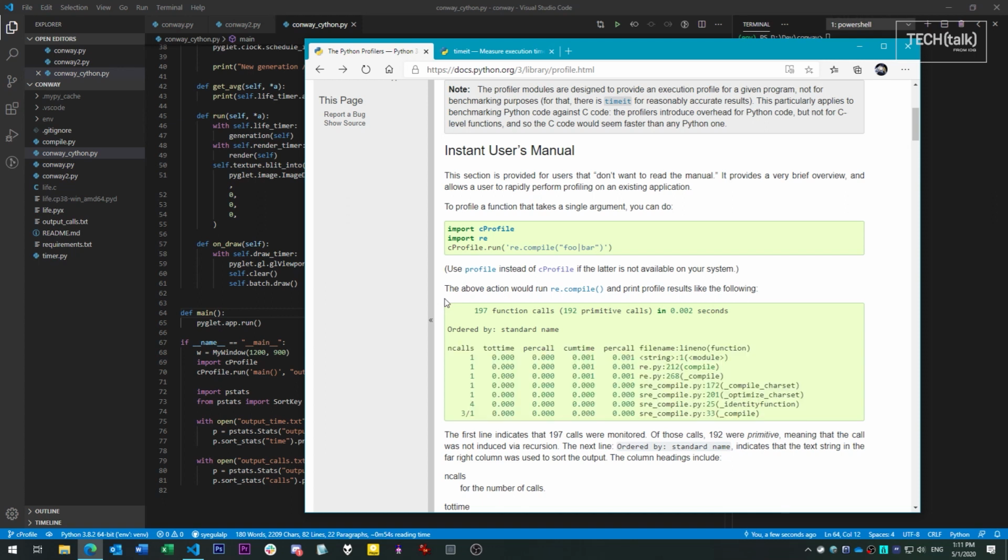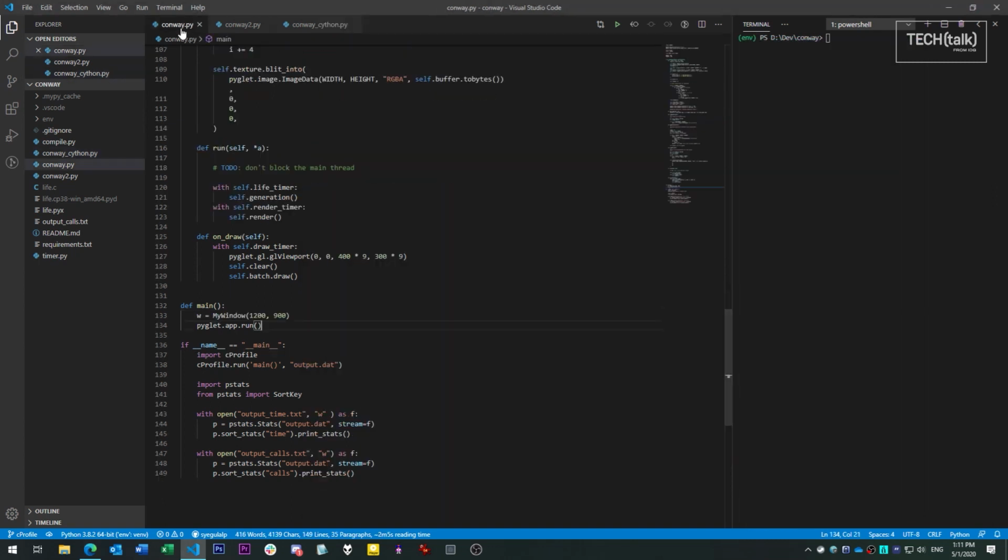For this example, I'll analyze the runtime behavior of a program I wrote for an earlier video in this series, a version of Conway's Game of Life. I wrote two versions of that program, a fast one and a slow one. I'll start by analyzing the slow one, and then show how the analyses gained from that could be used to generate the fast one. Working with cProfile is a three-stage process.